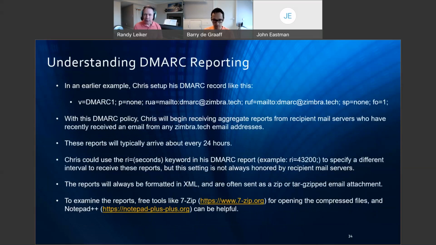So in the earlier example, Chris set up his DMARC record as you see on the slide. With this policy, Chris can expect to start receiving aggregate reports from recipient mail servers who have received an email from any Zimbra.tech email addresses recently. So these reports should typically arrive about every 24 hours, but there is nothing in the DMARC standard requiring this